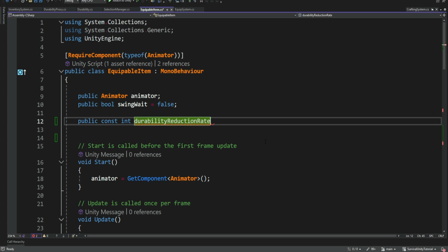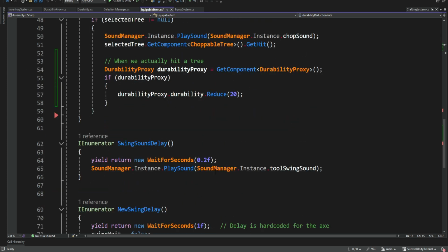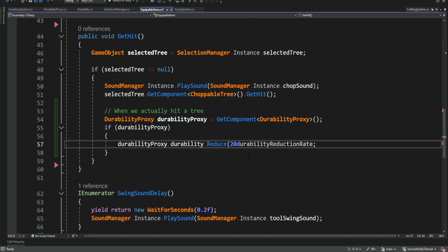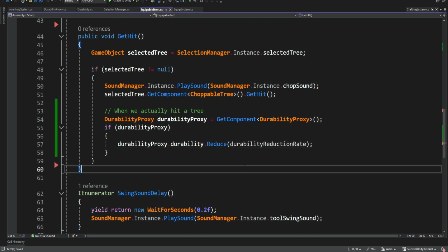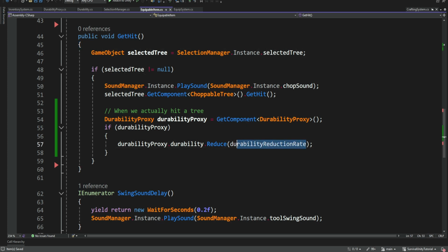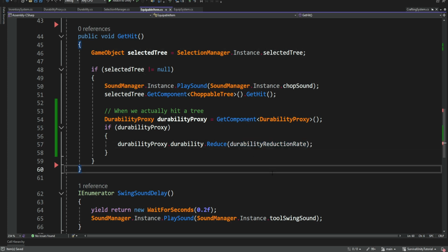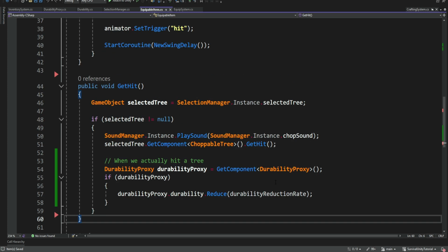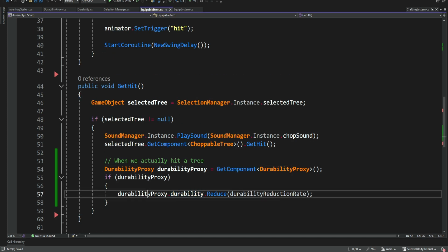Reduction rate. And we're going to set it to 1, or in our case 20, just for debugging. And then we're going to use this const over here so we don't have to hard code the number. And now each tool will have its own reduction rate, so different tools can have different rates. Now you can make it much more simple and just reduce 1 from each tool, but it's really up to you. So that's it. We're basically reducing the durability of the durability proxy, and the durability will be on our